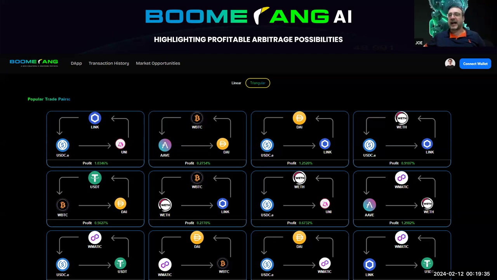And Boomerang AI will execute both of these if necessary. In a matter of seconds, the AI will assess the asset and where that asset can be capitalized on best and the route that's best in order to make the most profit. All of the work done for you, all of the work that arbitrage traders have trained for years, the skills they've honed for years, all done for you at the click of a button right here in Boomerang AI.